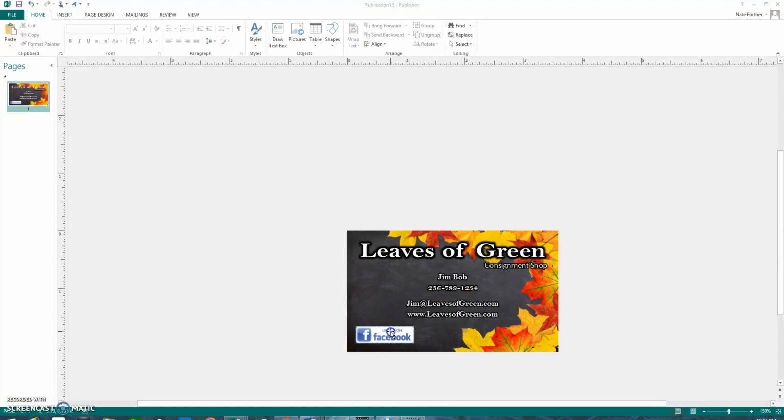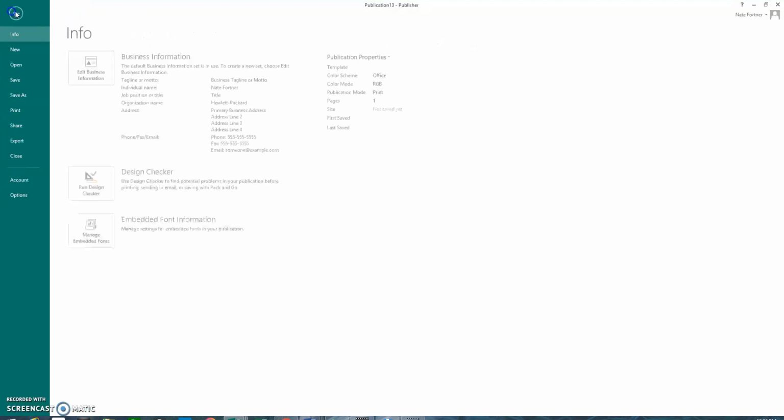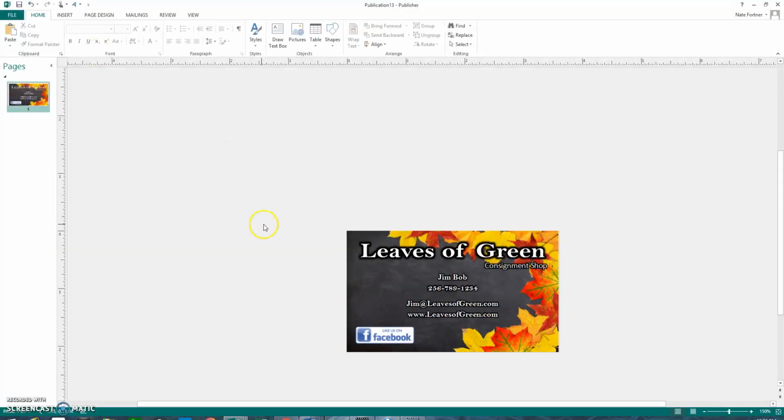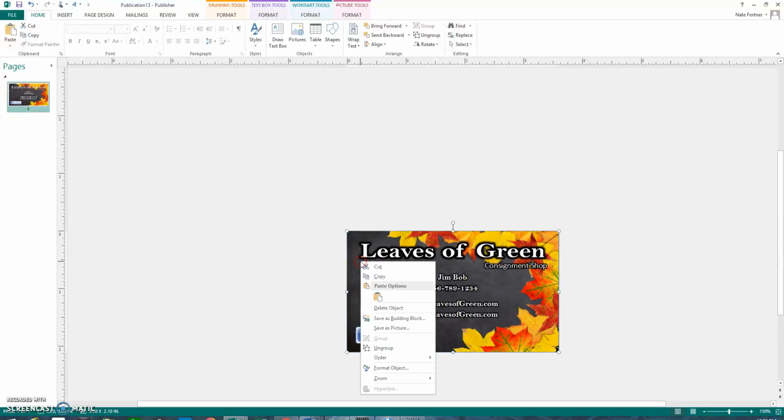So you could go on here and put your Twitter, Instagram, YouTube, different things that you have on here. But I want to show you about Publisher. Well, before I do that, this card is now ready for print. You want to make sure you click down, not a right click, just a regular mouse click. Click and drag, cover it up. This will highlight everything in here with these dots. You want to come up here and click group, and you can right click, save as picture,